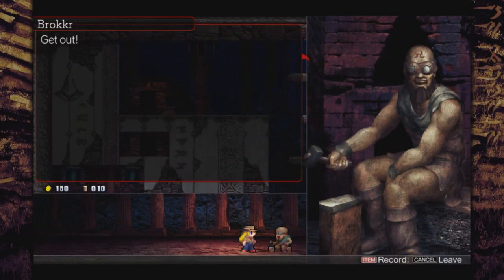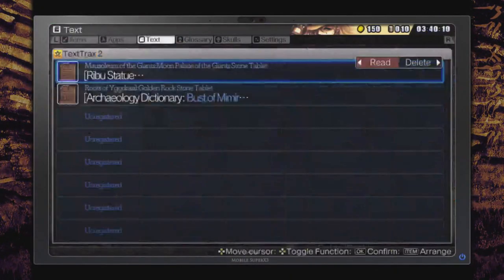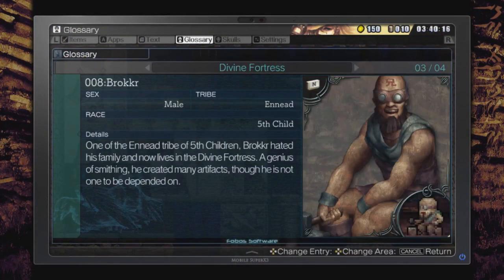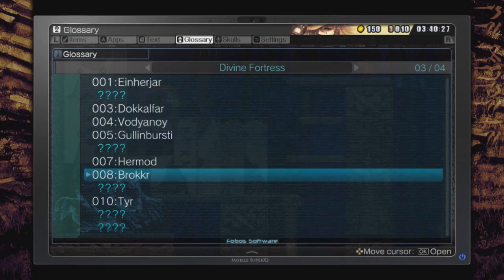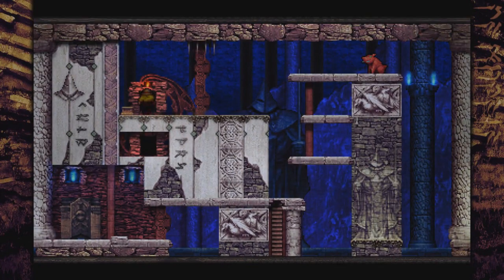Broker, get out! Alright. Let's read about him in the guide, and then try the other door. And apparently I forgot to read that one from last time. One of the Ennead tribe of 5th children, Broker hated his family, lives in the Divine Fortress. He's a smithy, but not to be depended upon. Okay. And if I spend another one of my 10 weights to reverse this back over here...